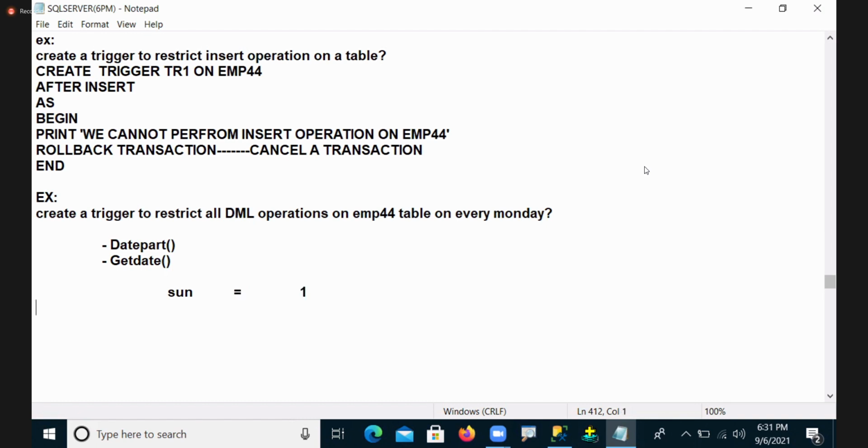Sunday is considered day one. Monday is considered day two. Tuesday is considered day number 3. Wednesday is considered day number 4. Thursday is considered day number 5. Friday is considered day number 6. And Saturday is considered day number 7. So these are the 7 days, and your database servers will count your dates from the first day in